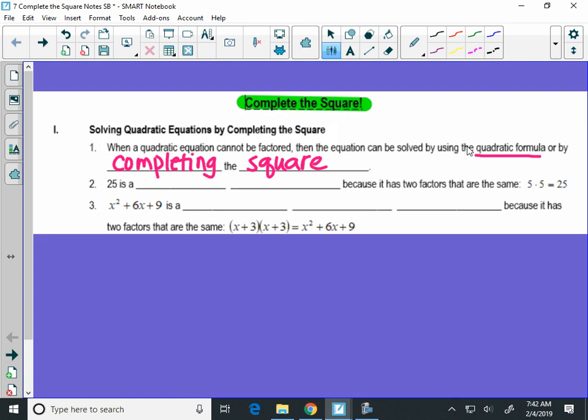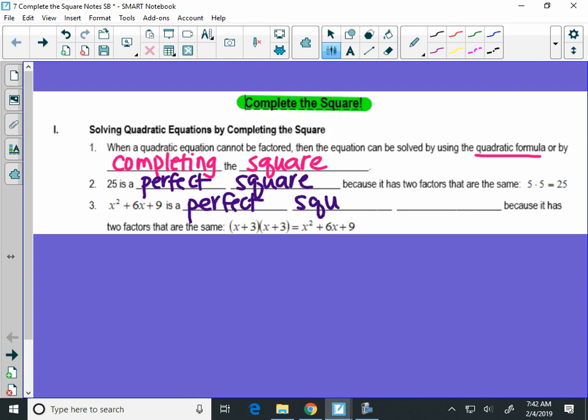Alright, so some vocab, some looking at where this completing the square comes from. 25 is a perfect square. Alright, the number 25 is called a perfect square. And it's a perfect square because two of its factors, the two numbers that multiply to be 25, are the same, 5 and 5. In the same fashion, x squared plus 6x plus 9 is called a perfect square